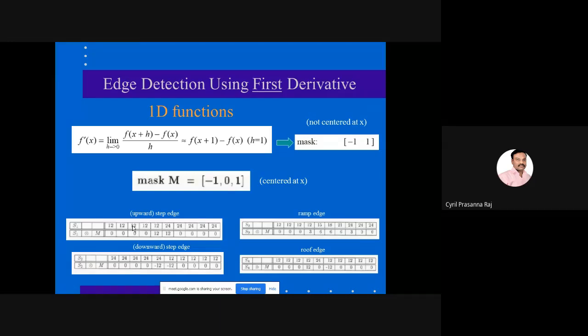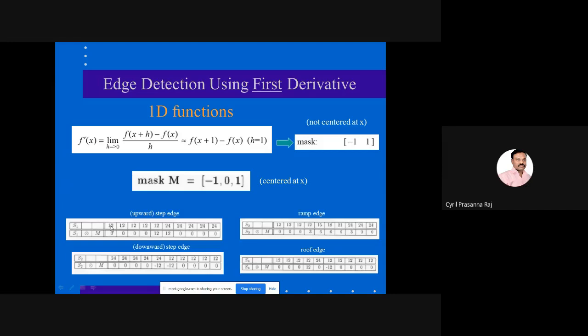When I add all these, it will again give me 0. So I'll write this output as 0 here. Since we are starting from 12, we simply put 0 here, because if I place the mask at the boundary, I may not know the value of the pixel S1 here. So since this is the boundary, I don't start from here, I start from this point onwards.